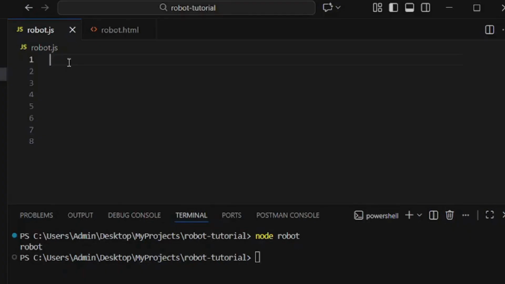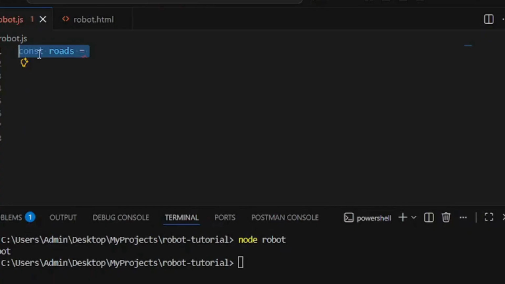So our robot will be operating in a virtual world, which is a village connected by roads. And we are going to create the array of the roads in our village. I had already written the code for this entire project, so for the ease of making this tutorial, I'm going to be pasting the code snippets and then following up with step-by-step explanations. So let me paste the roads,